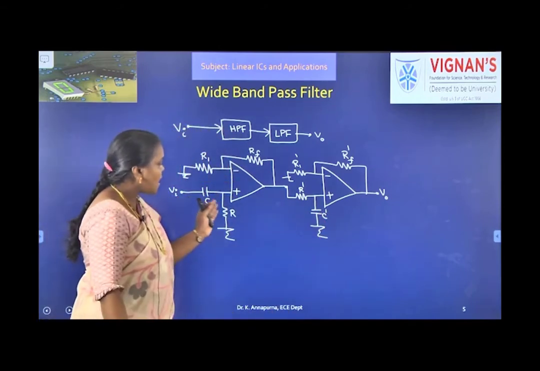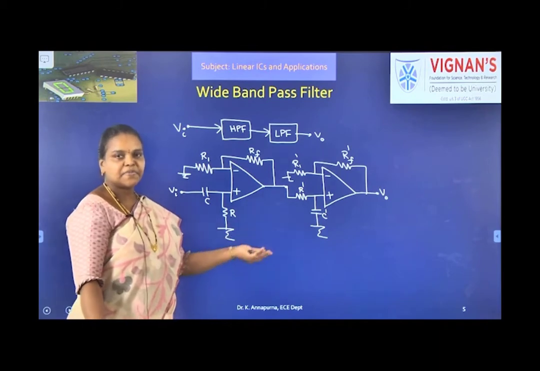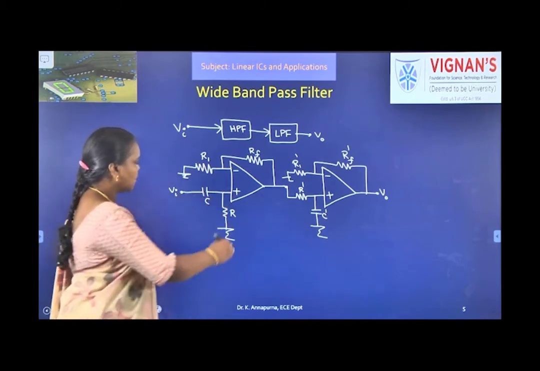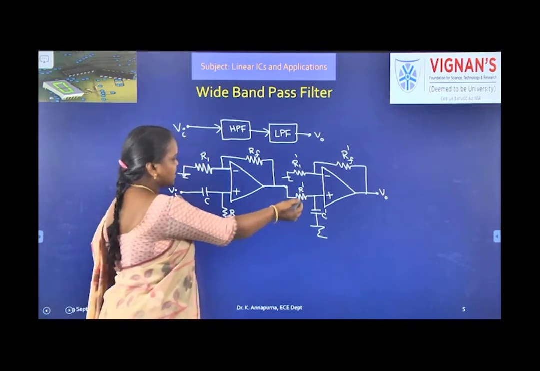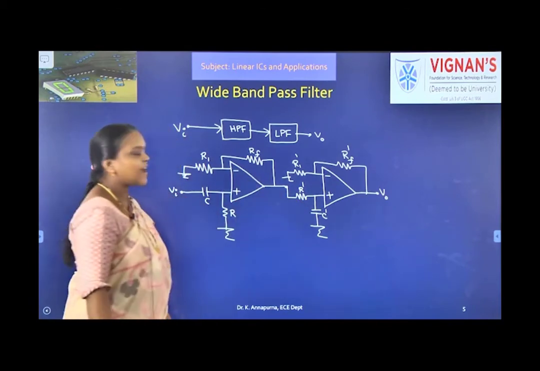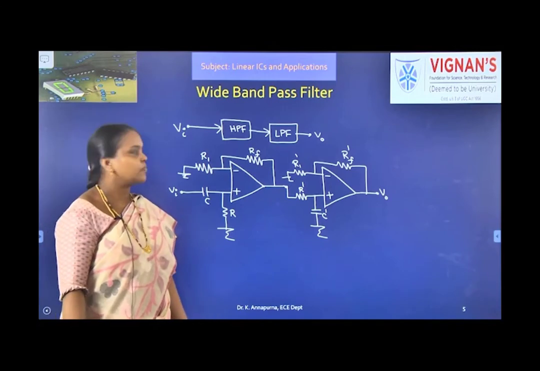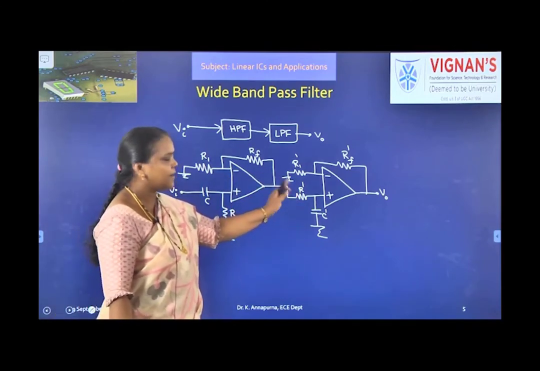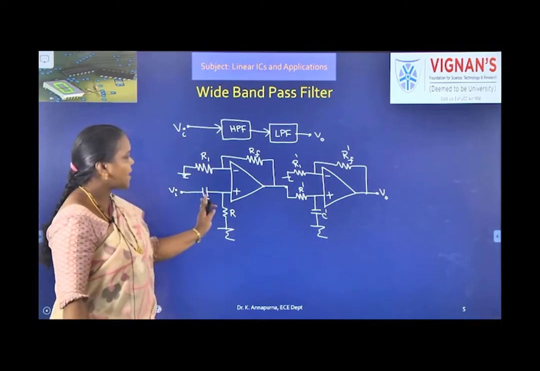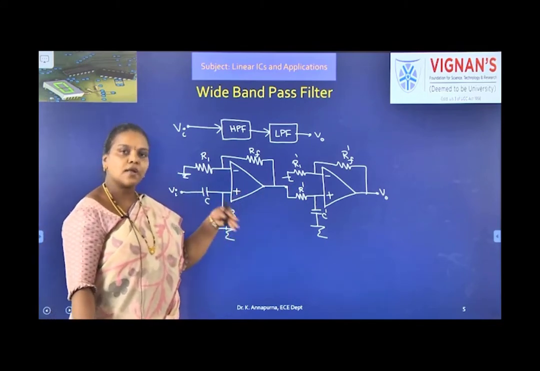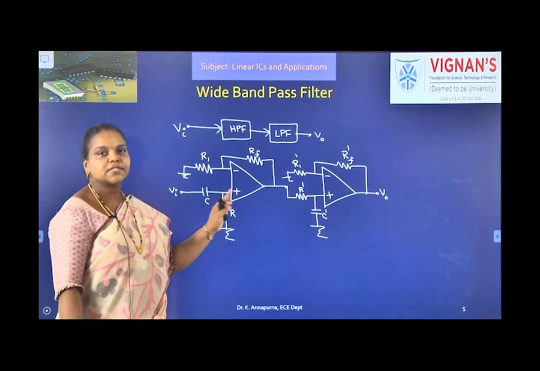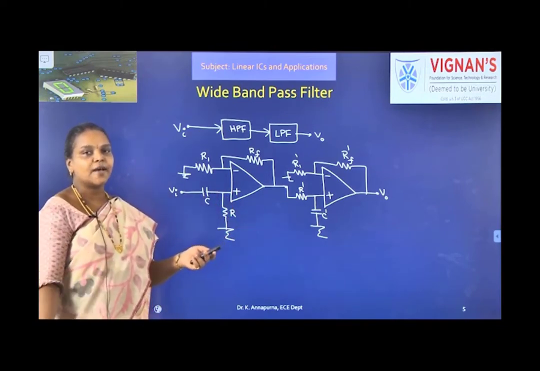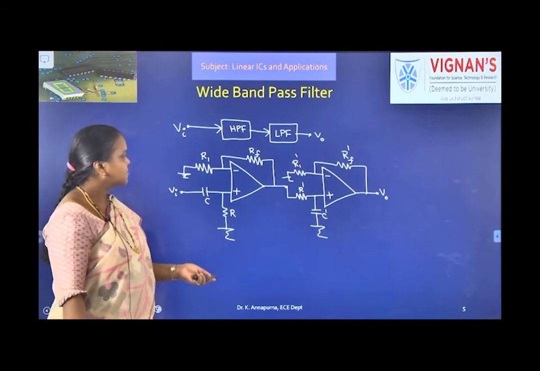Okay, here this R and C and this R and C may not be same. So that's why I have changed the notations to represent R dash, C dash. Similarly, the gain of high pass may not be same as the gain of low pass. So to distinguish those two, here I have used the dash notation. Okay, so high pass followed by low pass or low pass followed by high pass will give you the band pass response. Now let us see how it is giving the band pass response.